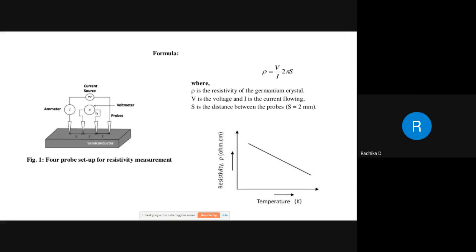Now you have to find the resistivity. If you have to find resistivity, obviously you need to know the formula. So here is the formula for resistivity: rho is equal to V by I into 2 pi S. V by I gives resistance, but resistance over a unit length of the surface is what gives the resistivity, right? If I consider the entire circumference of this thing, where it is lying, we get 2 pi S. So V by I into 2 pi S gives the resistivity. Okay, and what do you